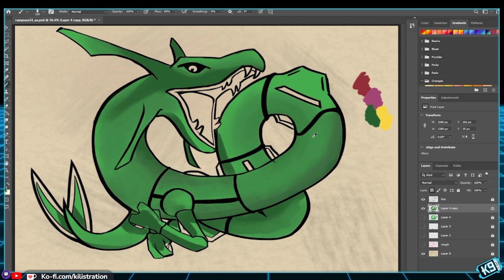This kind of works, yeah. And then I can just, I need to still fix his face. His face is still a little bit weird. Like it doesn't quite...